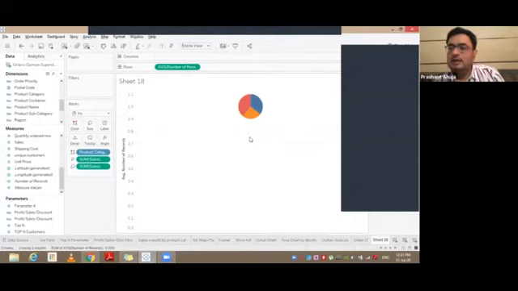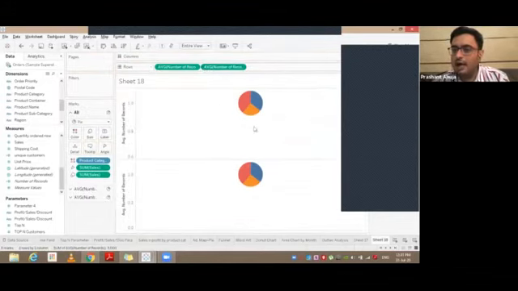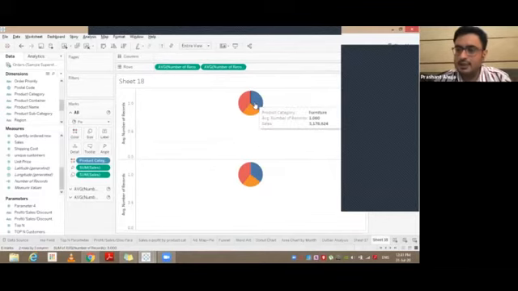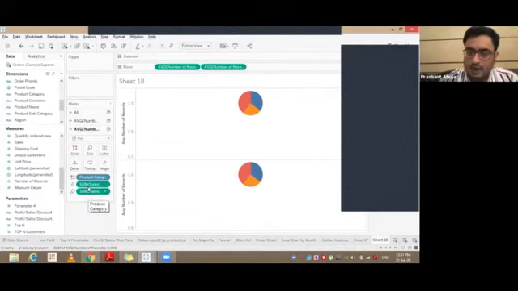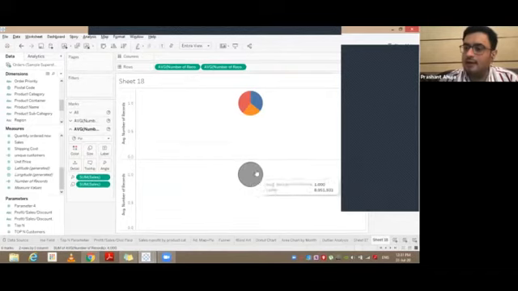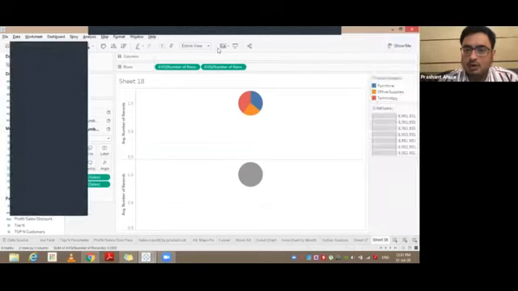What next? I need to duplicate this chart. I'll just pick it up using the control key, drag and drop it here. I will see that two charts are created, and there are two fields in the marks tab as well. I will go to the lower field. I will remove the color from here so that it is a blank circle. What I will do is I will overlap it.